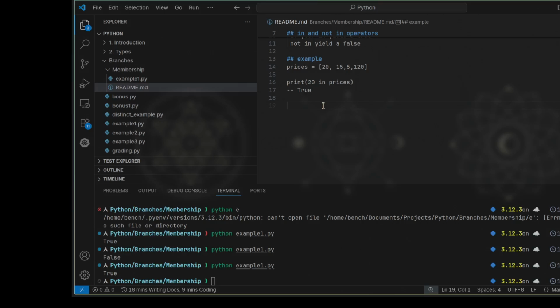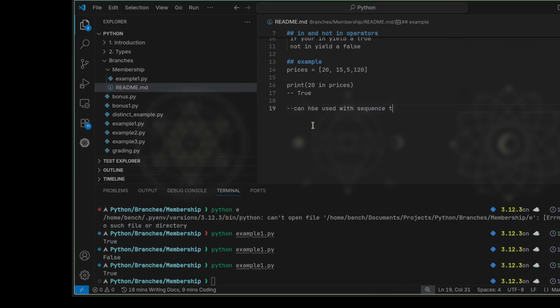Okay. So another thing we have to know about is the membership operators. We're talking about membership operators, so it can be used with constant steps. So what do you mean by this? What do you mean by this? You can say